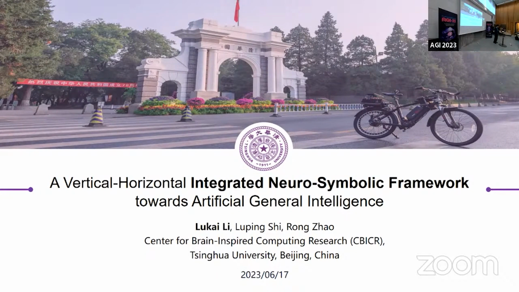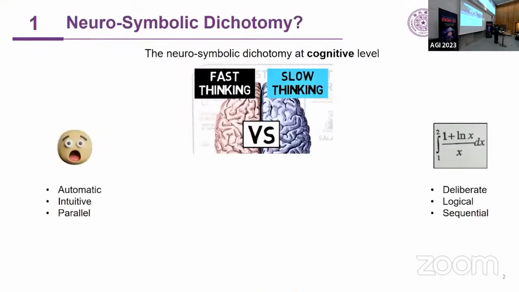It's my honor to have this opportunity to introduce integrated neurosymbolic frameworks to all of you. First of all, I want to briefly explain what the neurosymbolic dichotomy is. At a cognitive level, human cognition can be